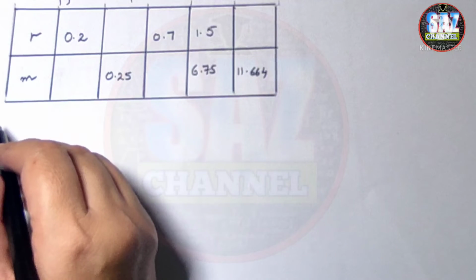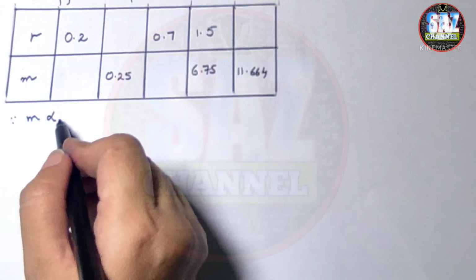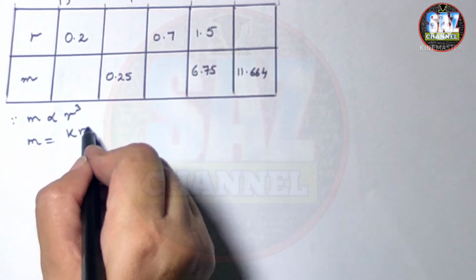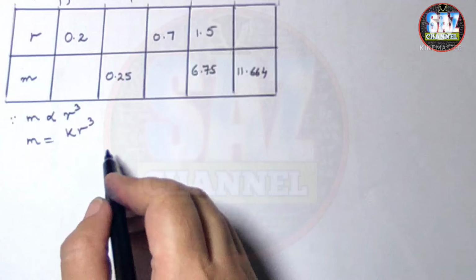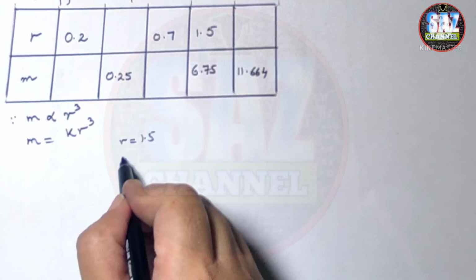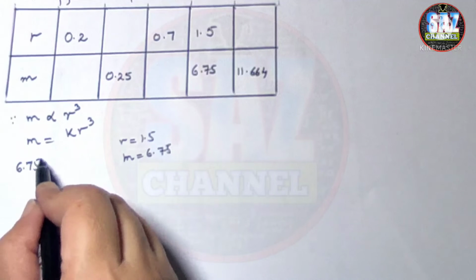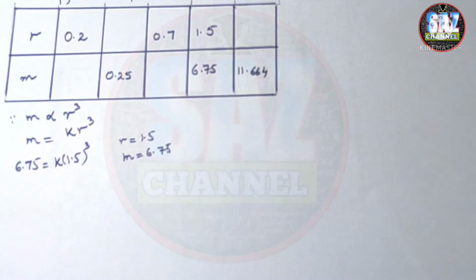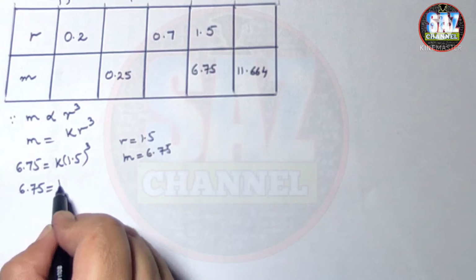So first of all, let's write the equation connecting m and r, because mass is directly proportional to the cube of radius r. So mass will be equal to k into r cubed. Now this is the place: here the value of r is 1.5 and m equals 6.75. 6.75 equals k times 1.5 cubed. Here I will recommend my students that they can use a calculator because the calculations are complex. 1.5 cubed, and this is 6.75 equals k into